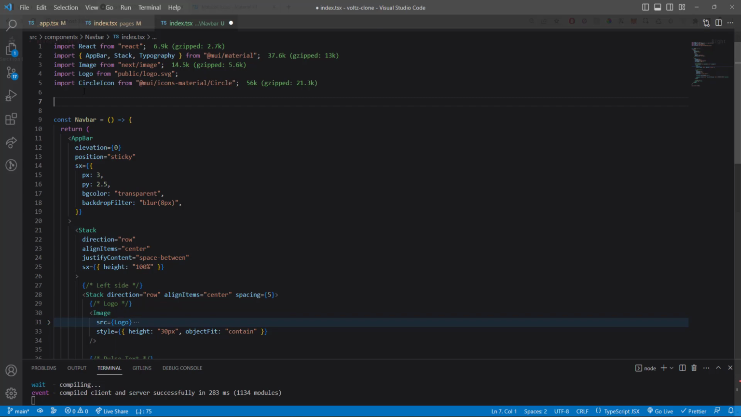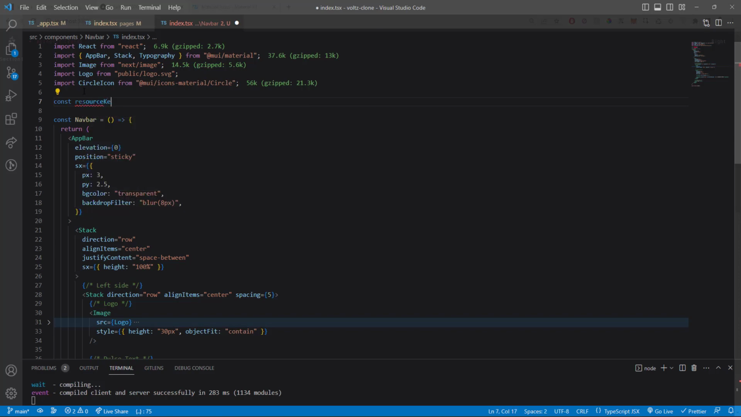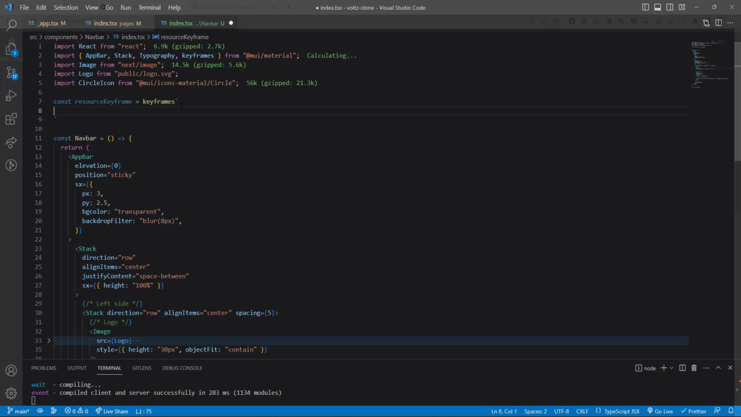So let's create a new const, let's create resource. How do you spell resource? Is it S? Yeah. Resource keyframe. You can call it whatever you want. And let's import keyframes from Material UI. And this is how you do it. This is the syntax. What you want to do in here is tell it at the start